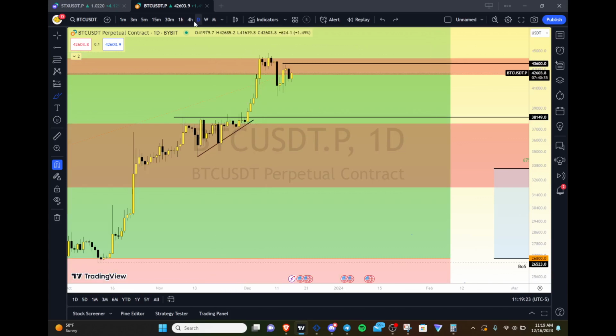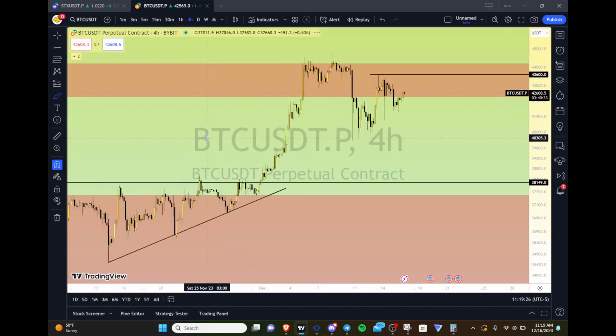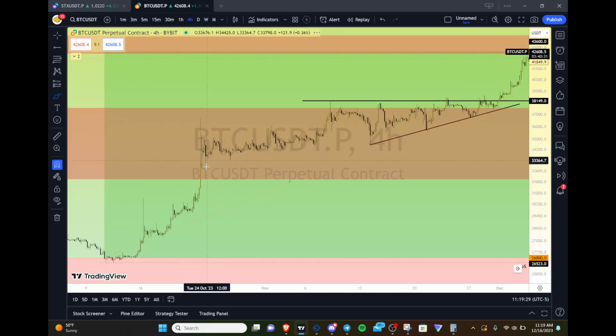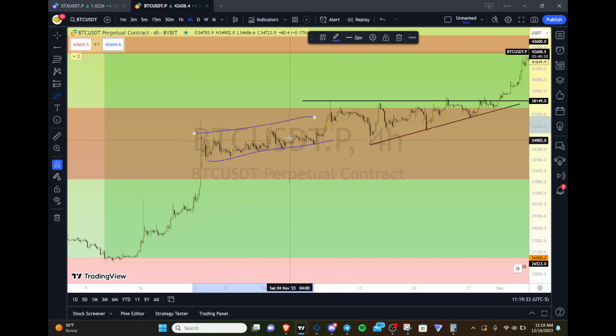So let's go down to the 4 hour and then we'll come right back to the daily. Look at this, right over here. If you were in the Discord, you would have known, if you were talking to me, this is where I was starting to get really bearish on Bitcoin. This is where I was starting to think, okay, maybe I'm going to close out my entire long here, because this was the first instance where I'm thinking this is starting to get pretty bearish looking. We're starting to show signs of where smart money might be lulling and dumb money go long late, and they're going to start dumping.